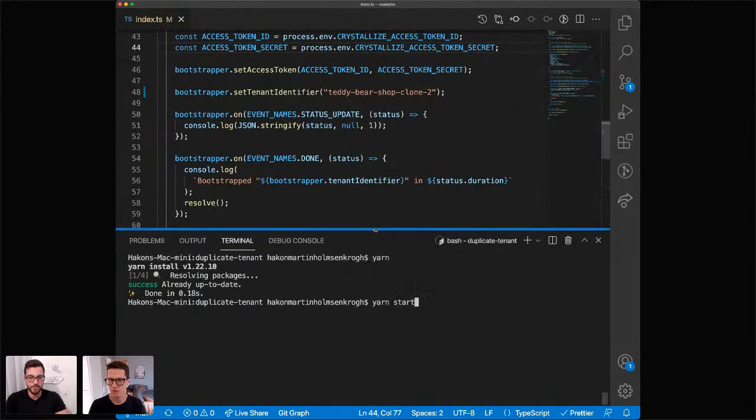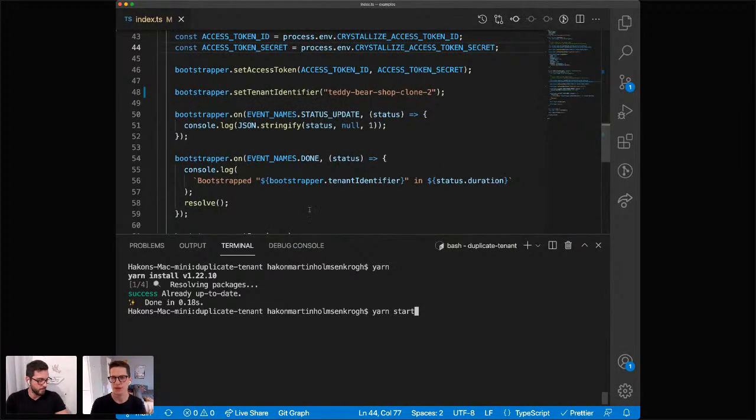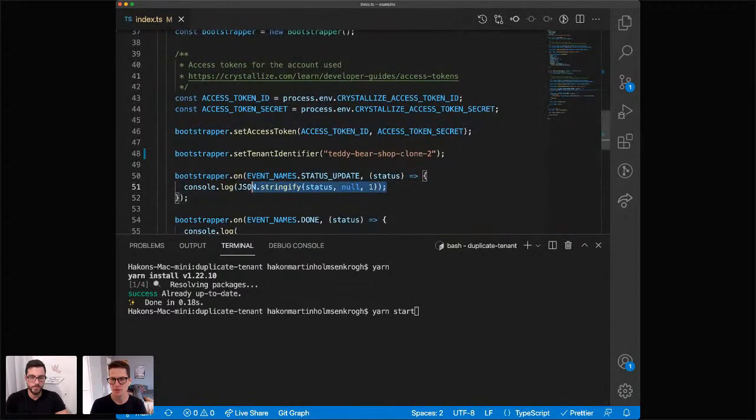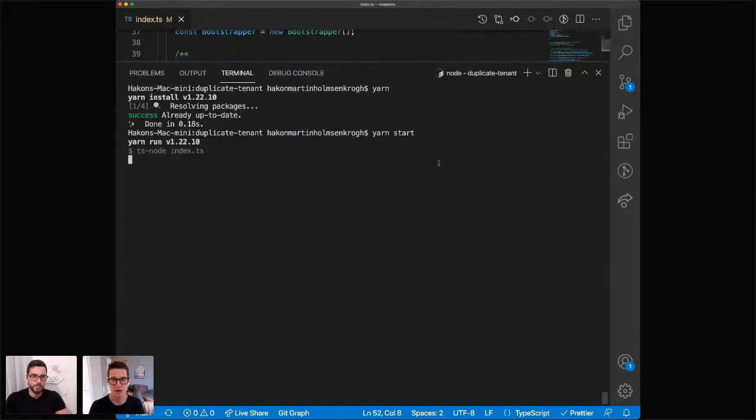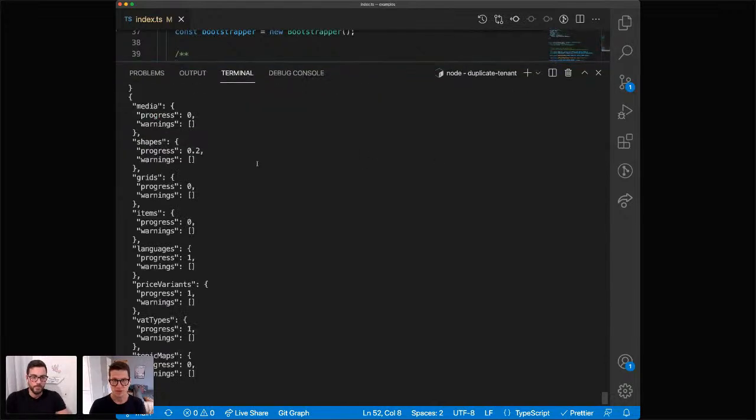And so the thing that I expect to see is actually lots of status updates, which you can listen to or not if you want to, but this gives you back the status of the import, because pulling down the data takes no time really, but then pushing that up to the new tenant takes a bit of time because you need to transfer all the media assets, for instance, and that depends on your current internet connection. So let's start this, and I expect to see a representation of the progress of the